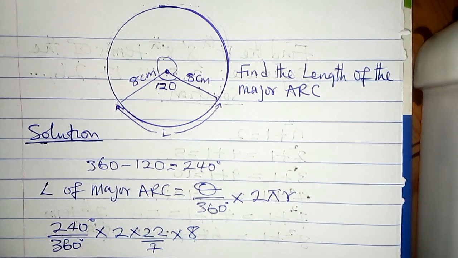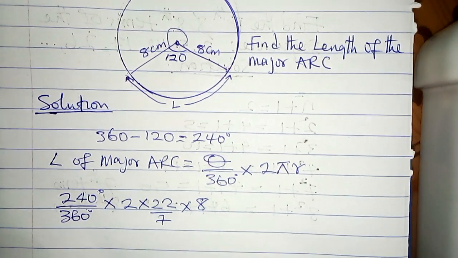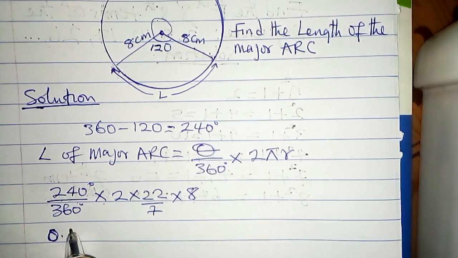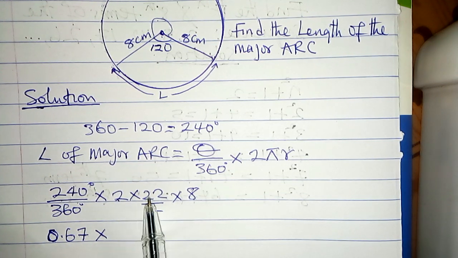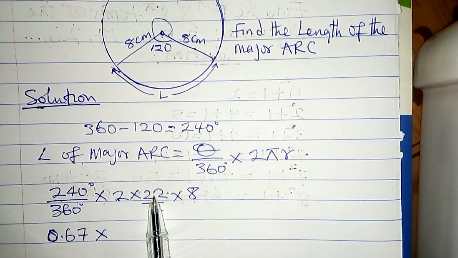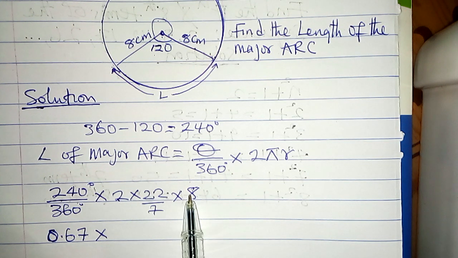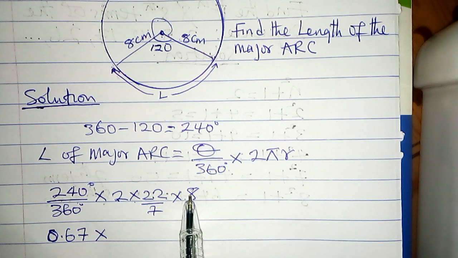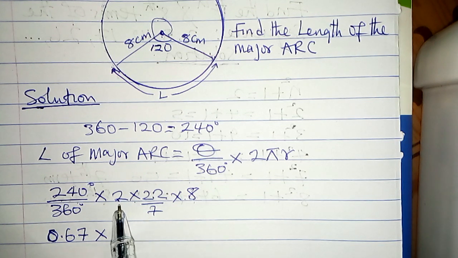Now this is what we have. The next thing we are going to do is get our fractional angle. 240 divided by 360, if we use our calculator, will give us 0.67. So we have 0.67 multiplied by, now look at this, 2 multiplied by 22 will give us 44. 44 multiplied by 8 will give us 352. So 352 divided by 7. If we do 352 divided by 7, it will give us